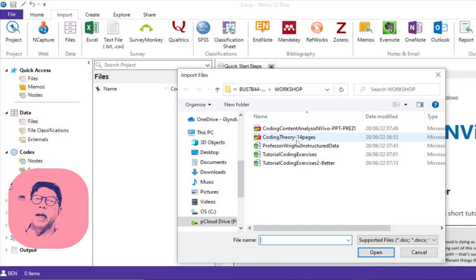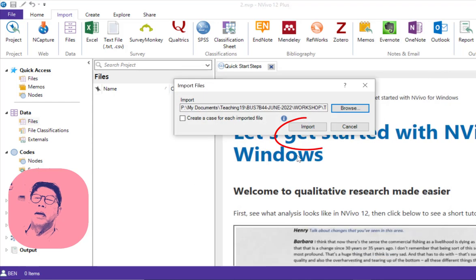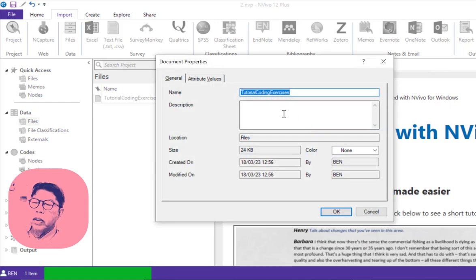So this is the file I saved. I'd like you to click Tutorial Coding Exercise. Import, Tutorial Coding Exercise, yes, number 2, because we're going to do number 2. And then interviews with production manager.